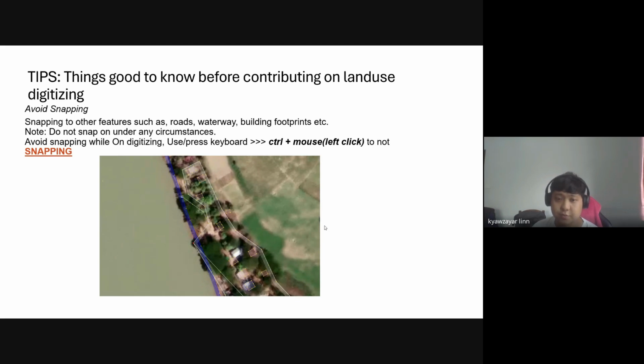This is the tip: when you're digitizing a polygon, you see other lines, also other water bodies or other building footprints, mixing with your objective. We don't want to snap to everything. Snapping is sometimes wrong, and you don't need to snap. Sometimes you see snapping happening like this, and it's very ugly and not suitable for this. If you don't want to snap,